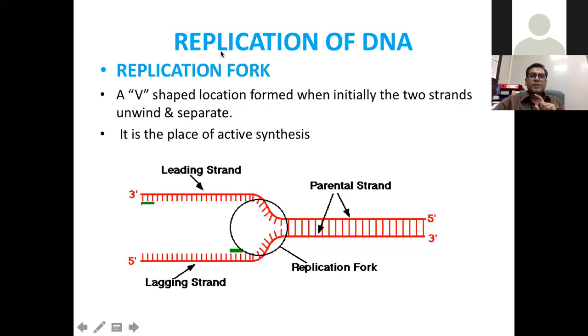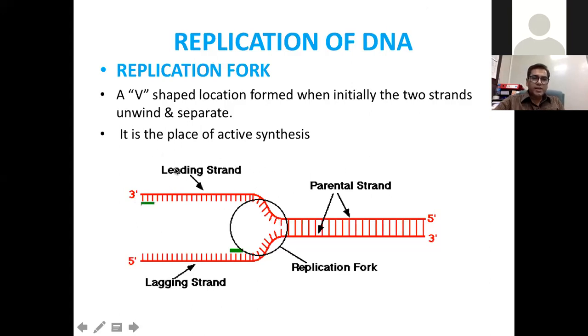Yes, it has to start in the 5 prime to 3 prime direction. So when the direction of replication is 5 prime to 3 prime, in the direction of the replication fork, we call that strand, which is being synthesized in the direction of the replication fork,